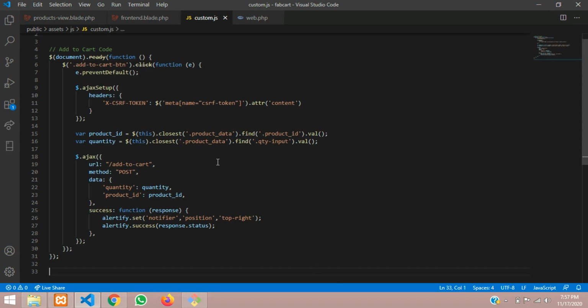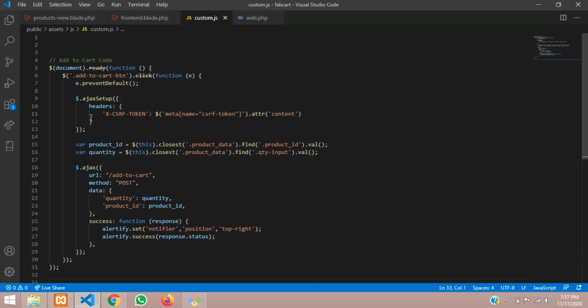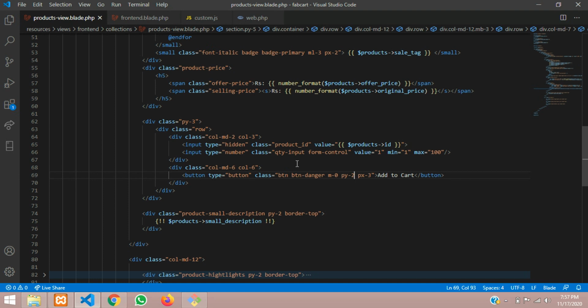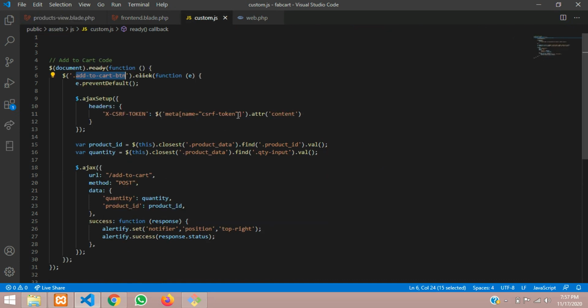That's it. So now this is the Ajax request which we normally pass with the CSRF token, and this will be the add to cart button. So let's copy this name, add to cart button, and let's go to our product view page and add it at the beginning of the class. Done. So if we click this, there should be some action over here.